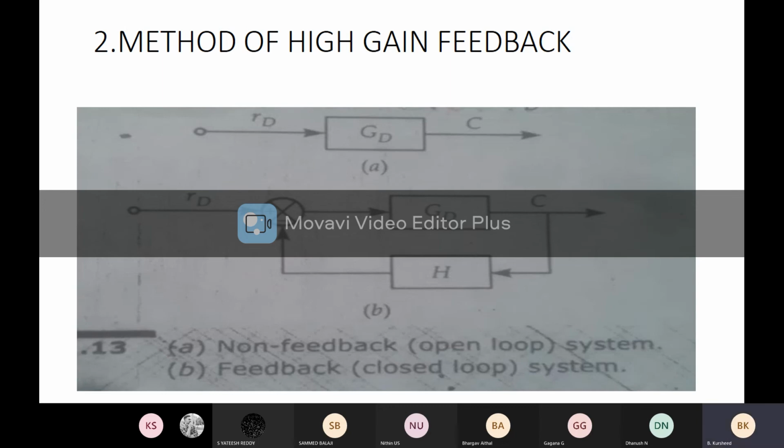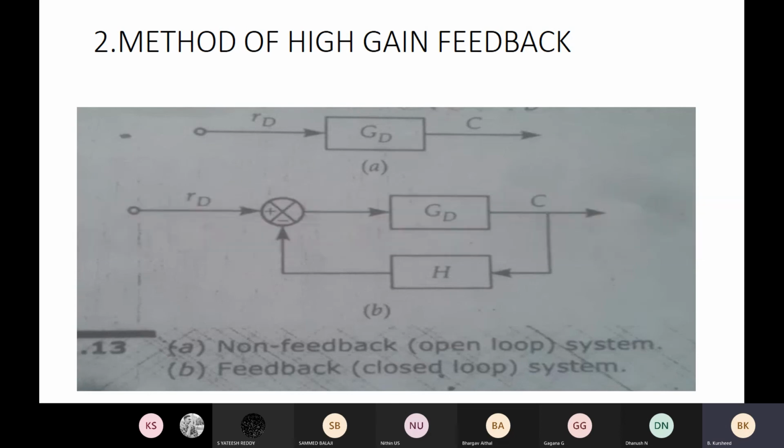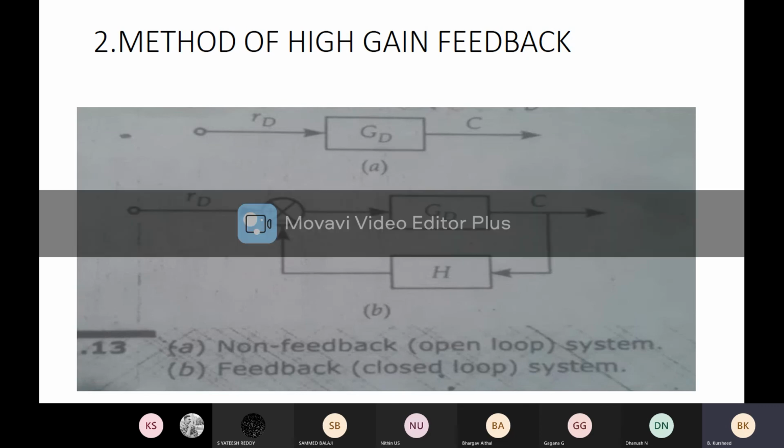Without feedback, there will be an effect of the interfering inputs. With feedback, what happens? The input will come to know how much the output is affected by the interfering input. Based on that, the input will be increased or decreased in order to nullify the interfering input. Getting? Right.